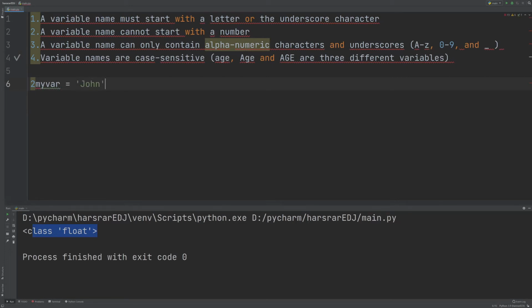This is unacceptable because it starts with a 2. Okay, so that doesn't work. So to change this, we've got to get rid of the 2. Another illegal variable name. My var